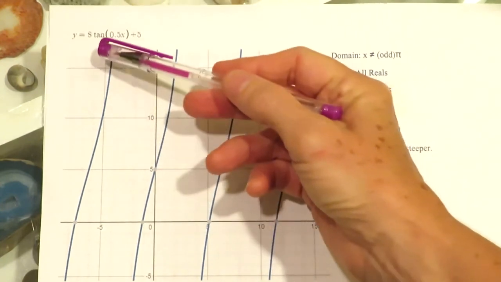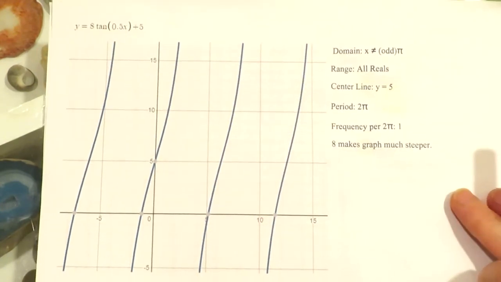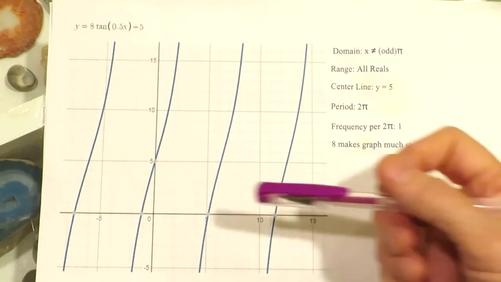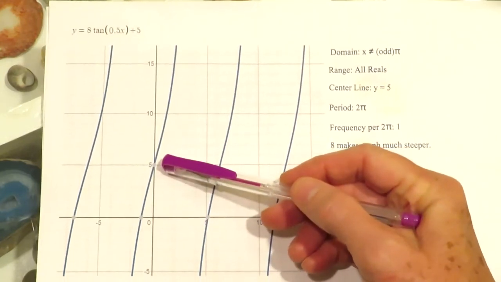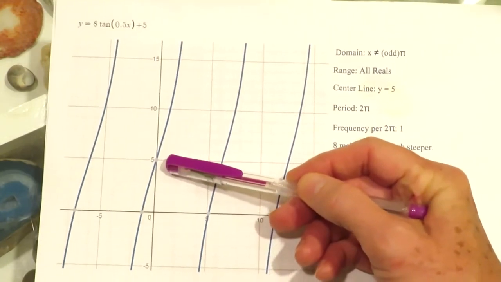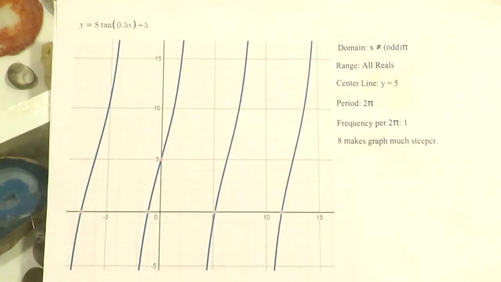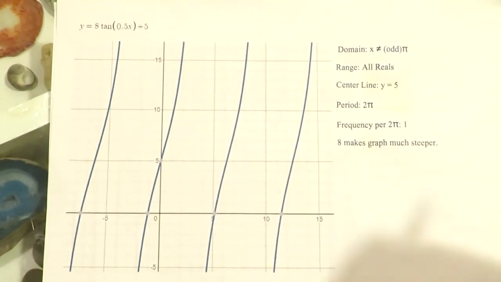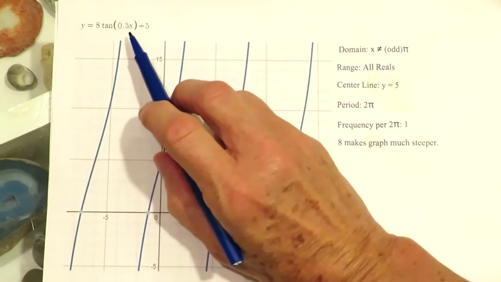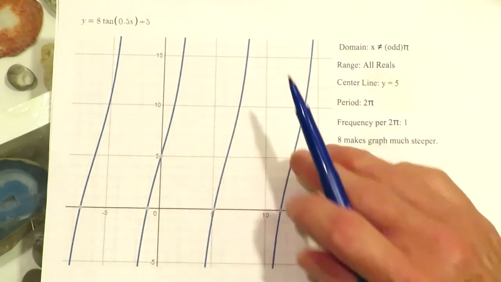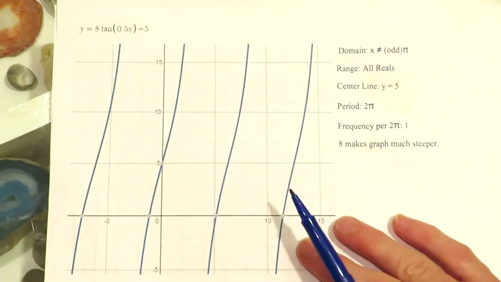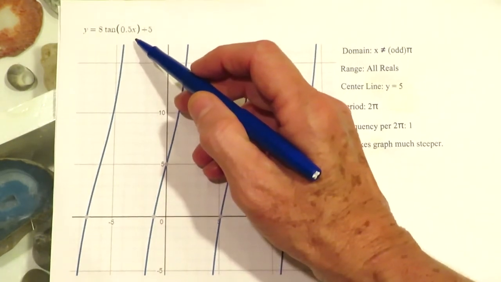And the 8 is making the graph very steep. That's why you almost don't notice the inflection point, because the graph is so steep it's almost turning into a straight line, but it's slightly curved with an inflection point on the line y equals 5. And so the 0.5 is slowing the cycle down. It's now going to actually take 2 pi to complete a cycle,